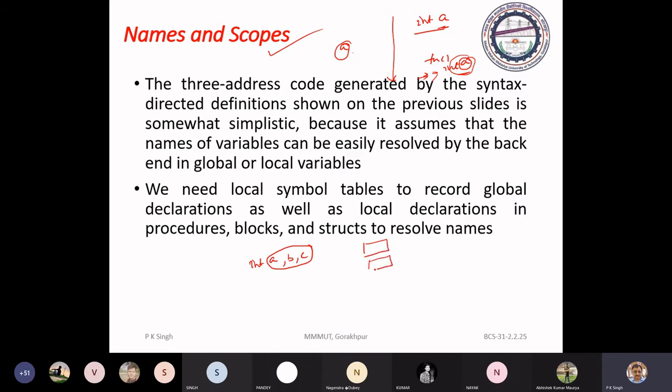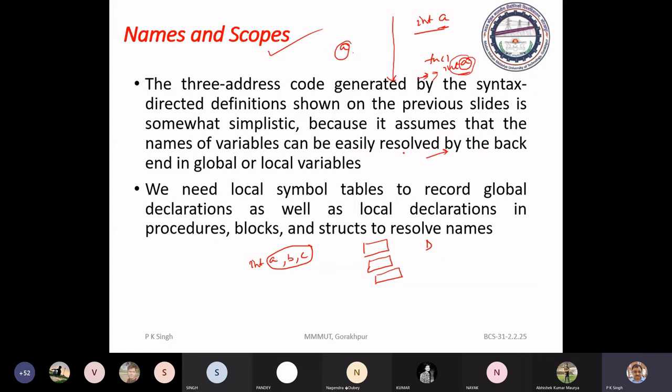For B, another allocation of the memory. C, another allocation of the memory. So actually, when you declare any name, then memory is allocated. There is a frame of the memory. We have the base address of the frame, and through offset we can refer to the various information, and this offset is associated with the name.